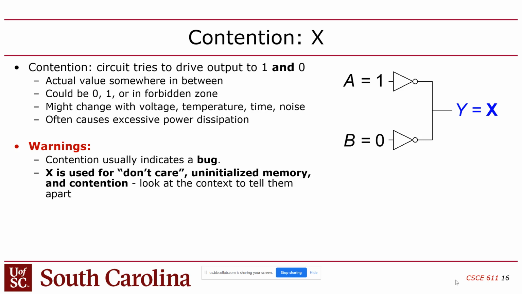However, the problem is that you can't just have 0 and 1, because when you run simulations, when you're testing your design in simulation before you deploy it on an FPGA, the simulator has to have a way to convey to you, the designer, when something is kind of off. And so the way it does that is through some additional values that the signals can take on, instead of just 0 and 1. Either in totality, like if you have a 4-bit signal, you can have all 4 the same, or you can have a 4-bit signal with some 1s and 0s in there, but you may also have some of these special characters. And the one that you really need to know about is contention,